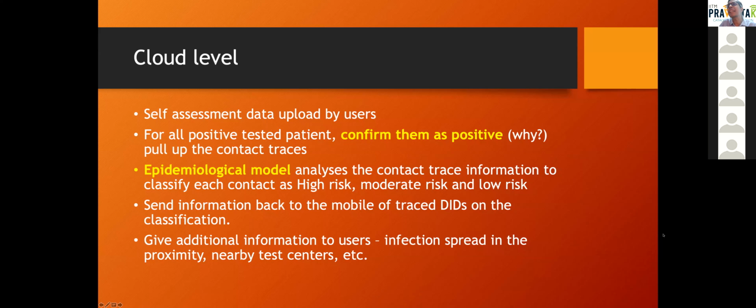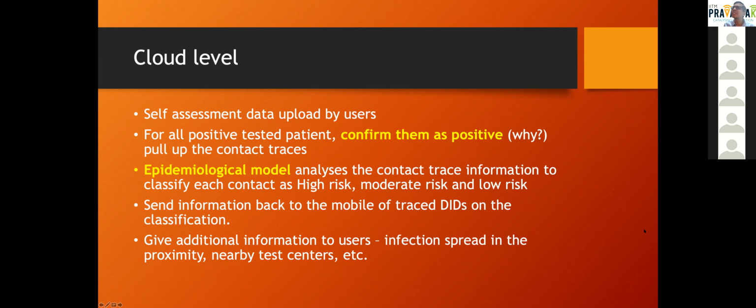So the epidemiologist actually has to certify or come out with a model saying, hey, this is the distance, and this is the time spent. Based on that, we should go and say, yeah, okay, he has a chance. So now A, there is a B, C, and D. B was at a distance of 2 meters and spent, say, 10 minutes. C is at a distance of 2 meters but spent only 1 minute.